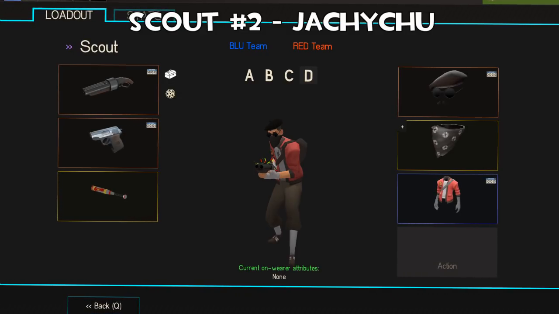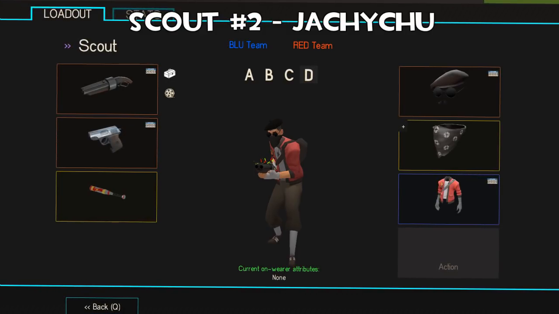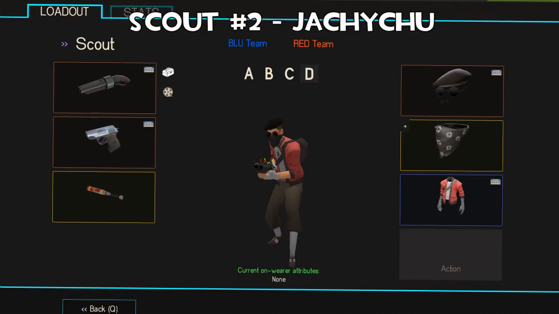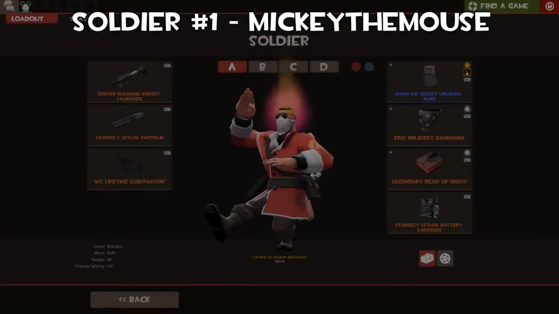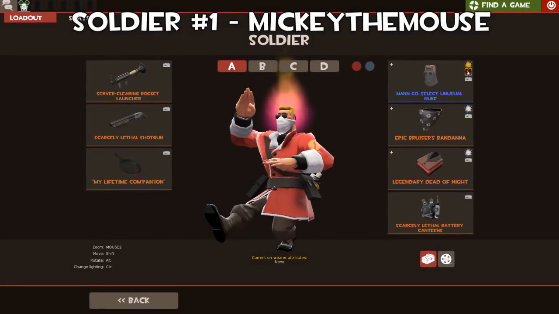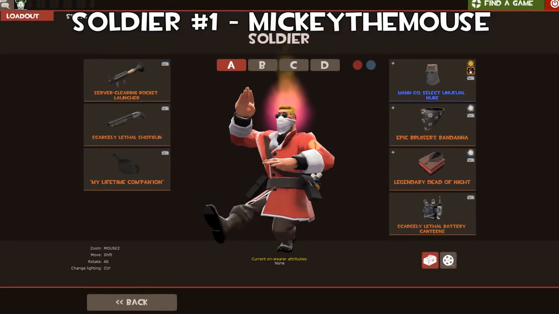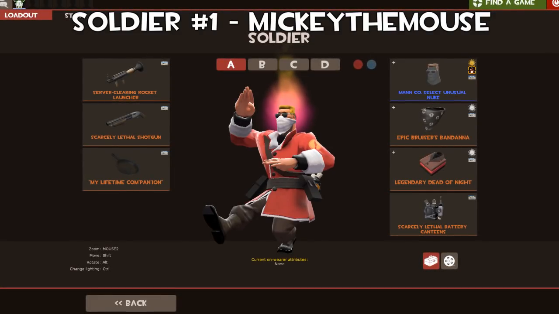This is a very clean loadout, and it's going to be interesting to see if you like the more flashy Bonk one or the more simplistic Vive la France bandana combination. Now to liven things up again, we're back with a soldier battle. This soldier battle, the first loadout belongs to Mickey the Mouse, which consists of a strange, unusual nuke with the